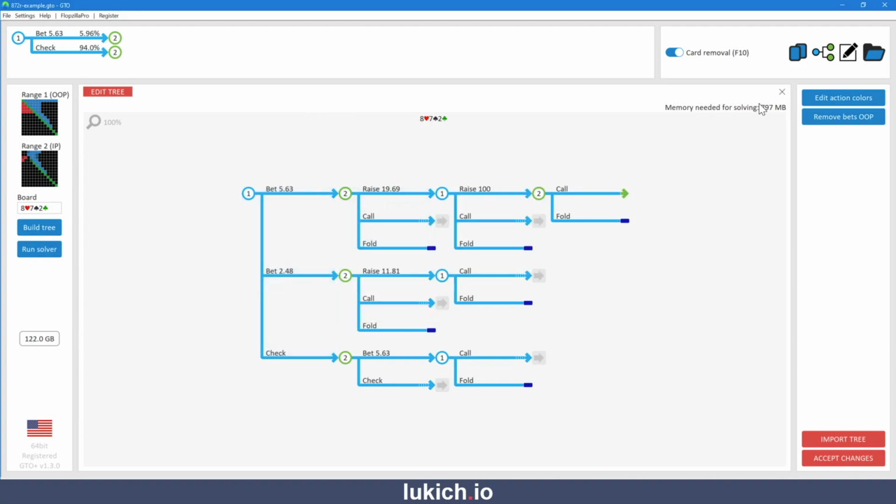So by keeping this number smaller, you're going to keep the tree less complex, and you're going to allow a simpler tree for quicker processing and getting to a solution faster. When you get to a point, there's also a couple other options here. So you can either remove all your bets out of position if you wanted to,